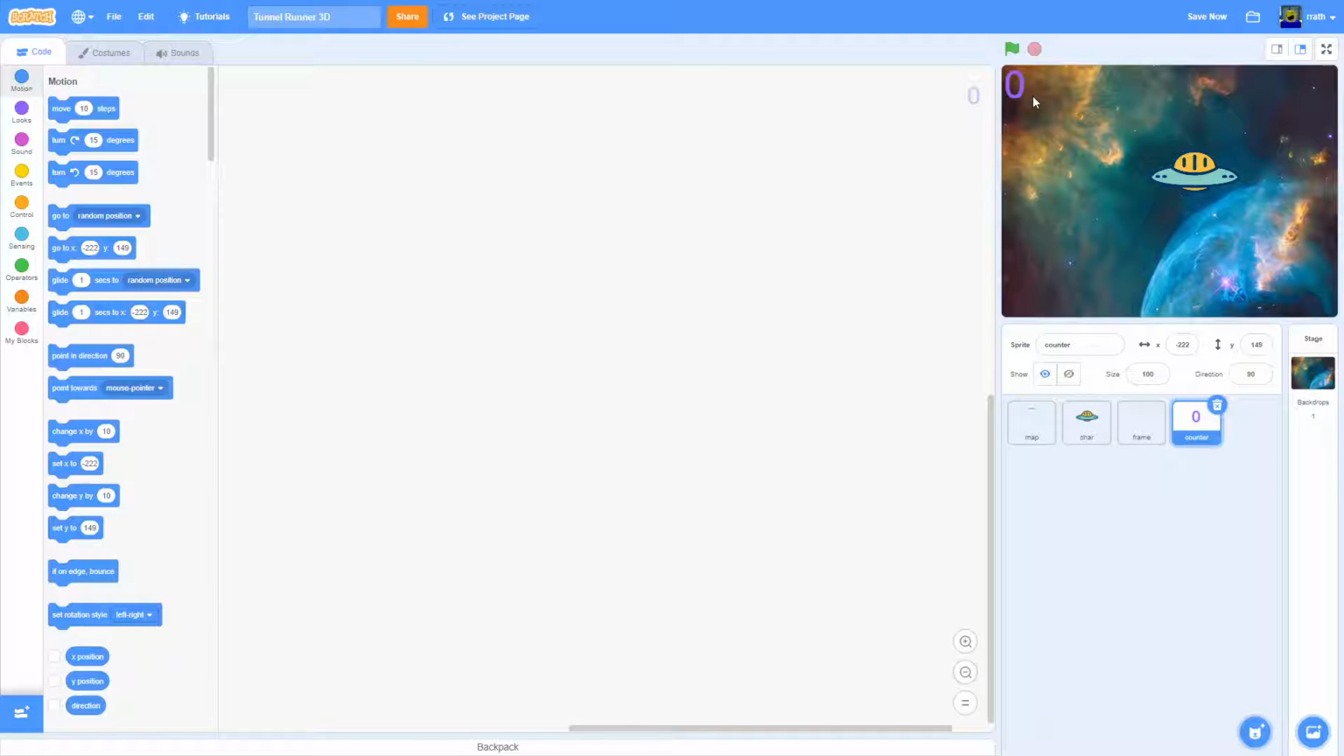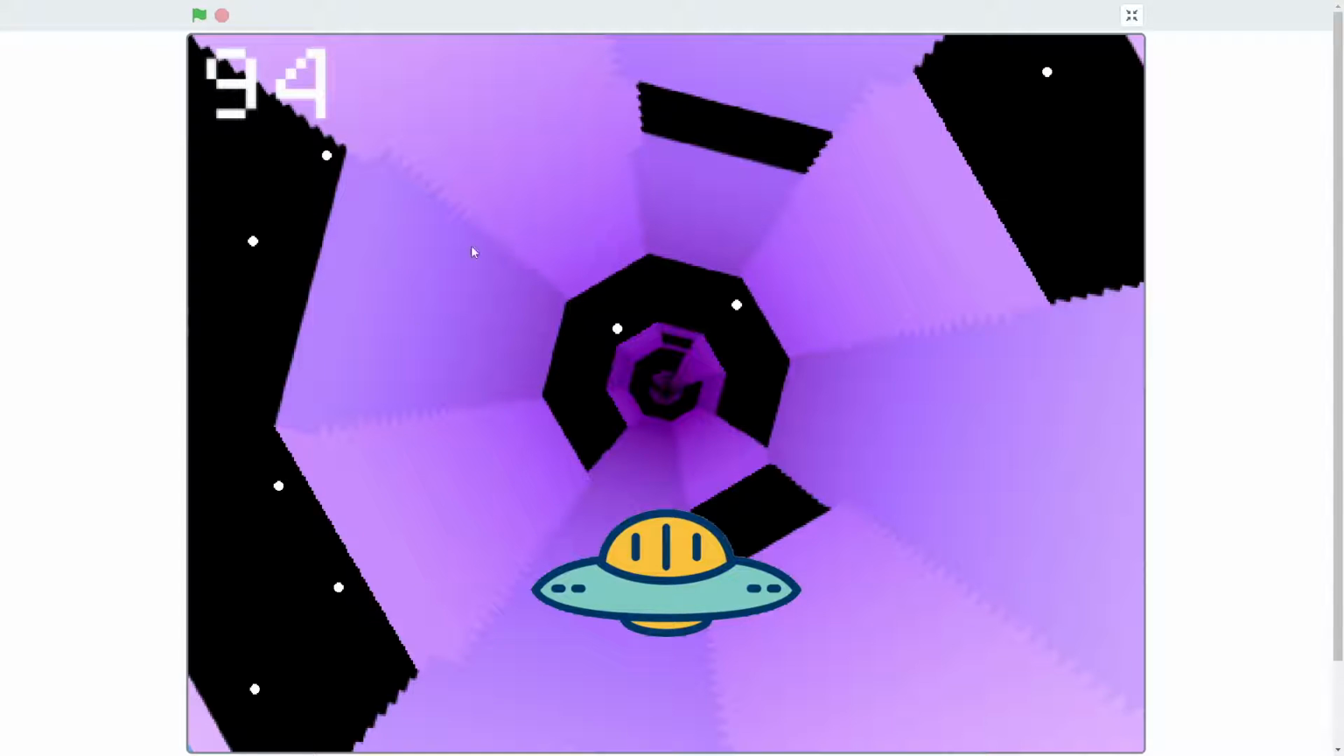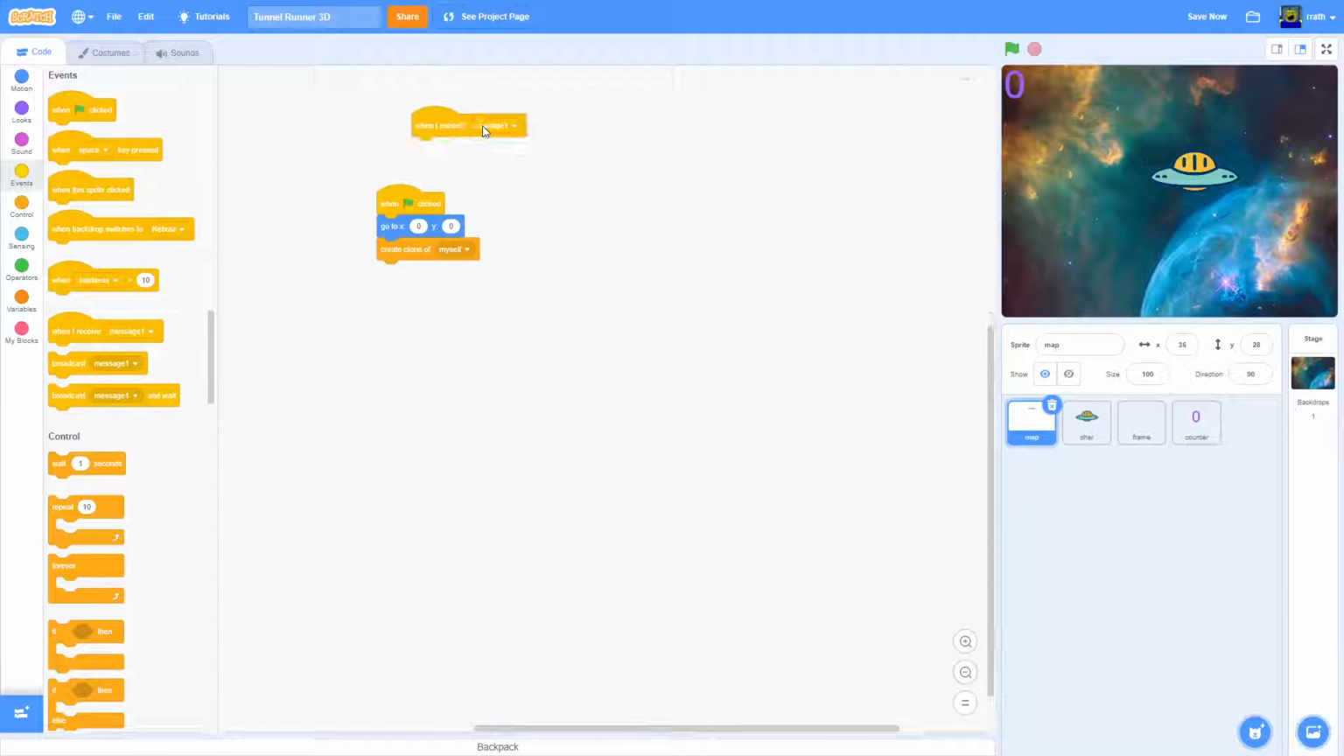Let's start off with the map, which is basically the hardest part, because we need to make all the clones and make this look like this. So let's just get started. It ain't too hard, but it does take a bit of time. So let's just start off by making a few